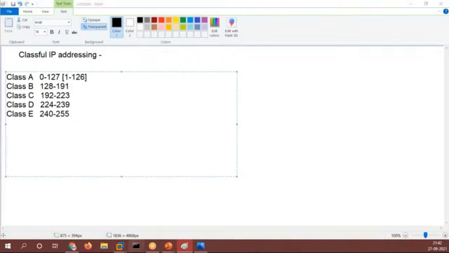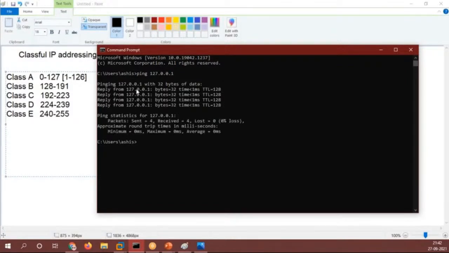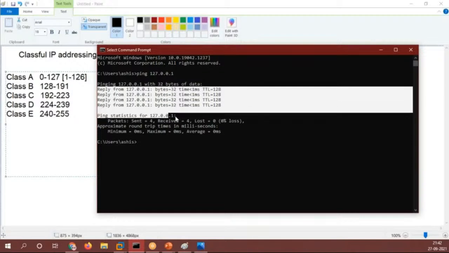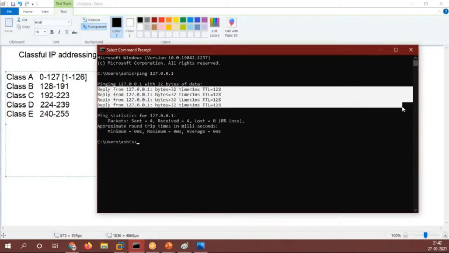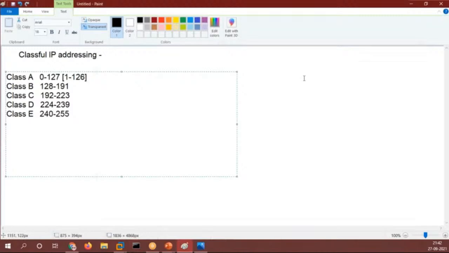If I open the command prompt and write ping 127.0.0.1, I will get a reply, and I am just pinging my own system. If you are able to ping this address, that means the TCP/IP protocol is perfectly installed in your machine and you are able to access the internet.